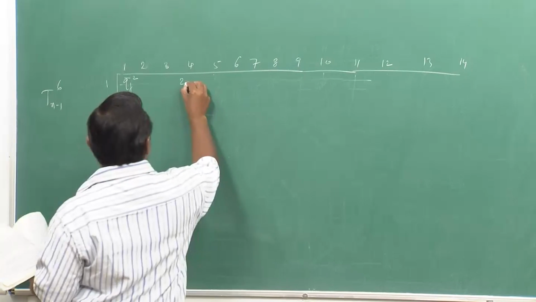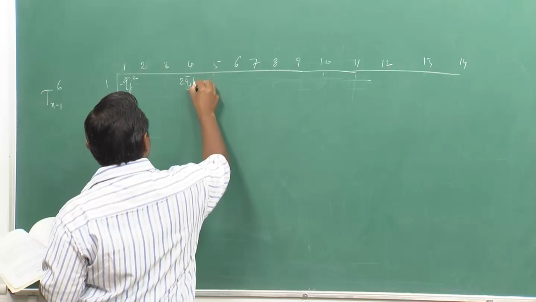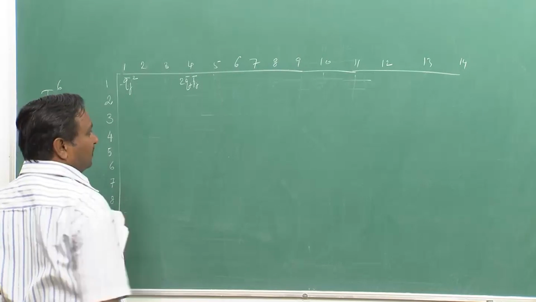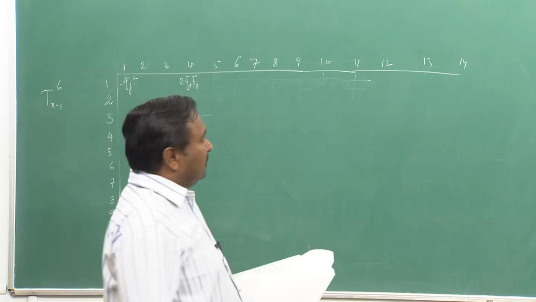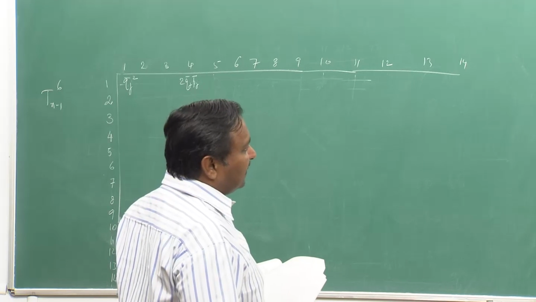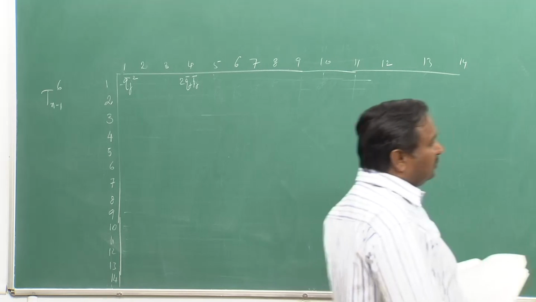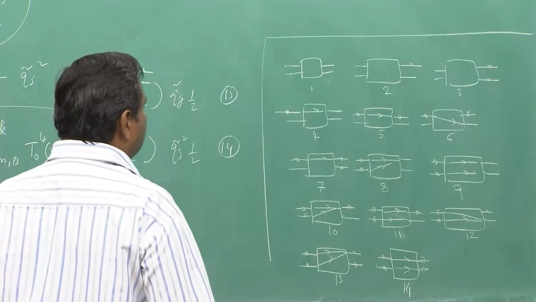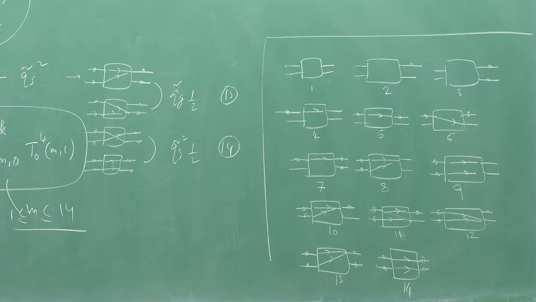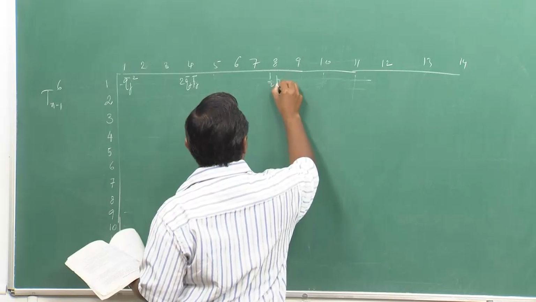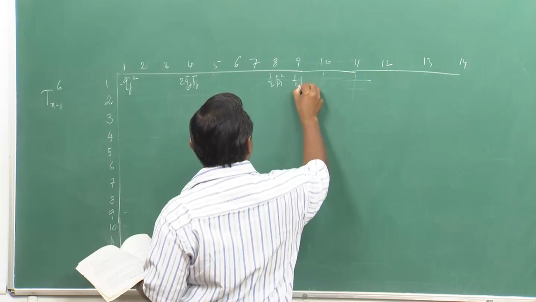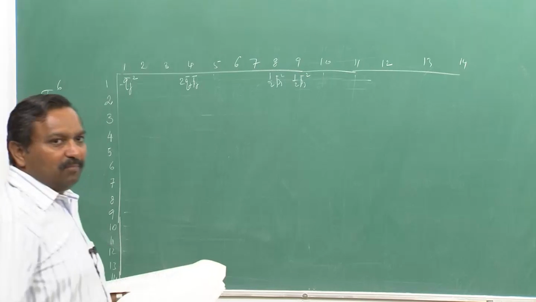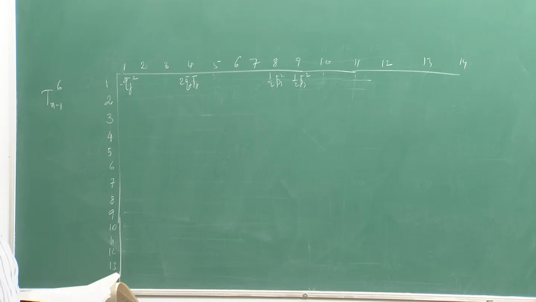So, for 4 it will be 2 Qj bar Pj bar, where j is equal to n minus 1 for this matrix. Okay. And of course, if both the packets arrive, then you can get into the situation of either 8 or 9 with equal probability. So, 8 or 9 will be half of Pj bar square each. Remember, there is no tilde probability here because this is the n minus first stage.